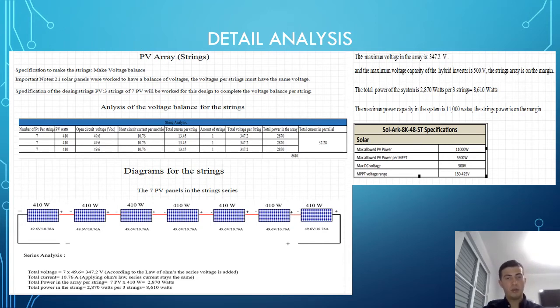According to the law of Ohms, the series voltage is added, the total current is the same, applying the Ohms equation, and the total power in the array is the 7 panels per the capacity of the panel, that is